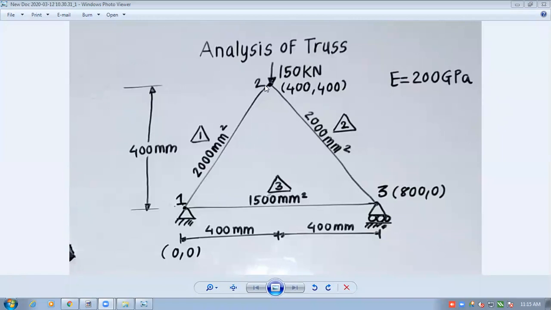And at this particular point, they have applied some load, that is 150 kilonewton.